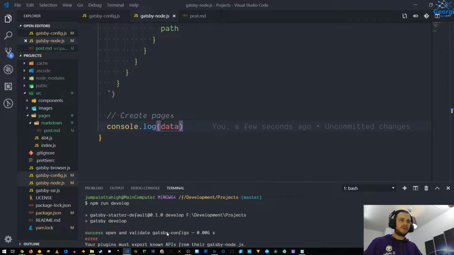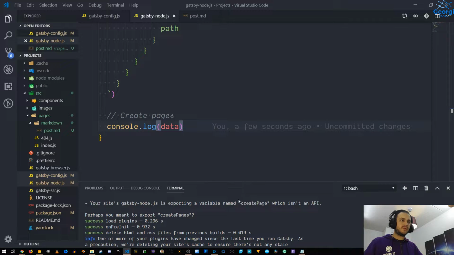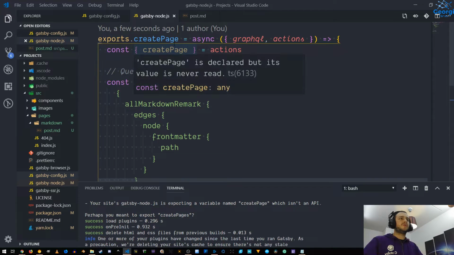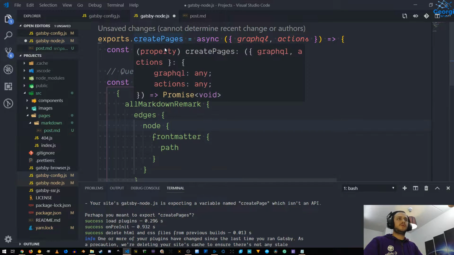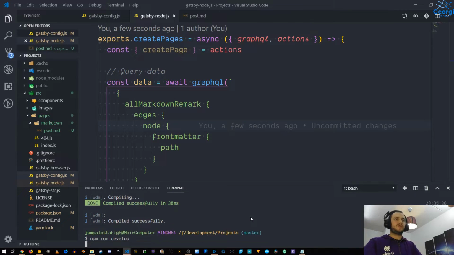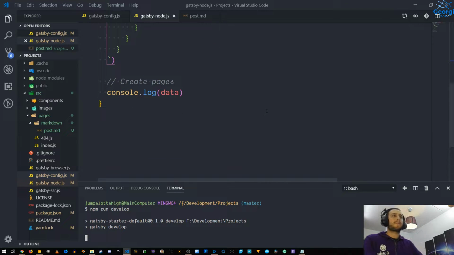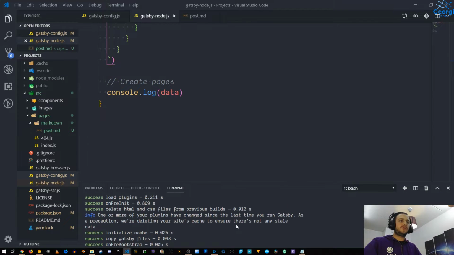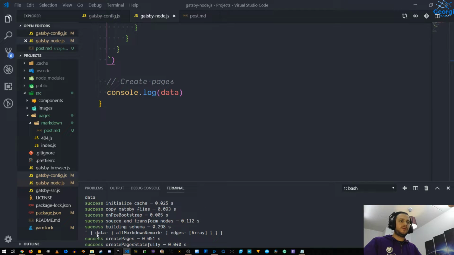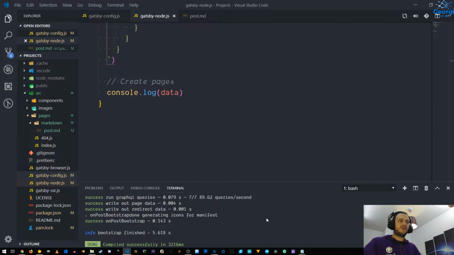And there's an error. Your plugins must export known APIs on Gatsby. Variable createPage. Is that createPages? Oopsie. And this is createPage from actions. My bad. So, one more time. Here is our data. This is the returned data. Good. We can use that to